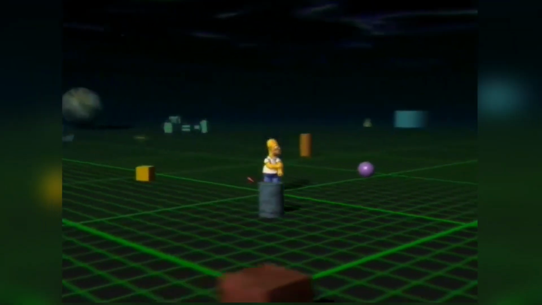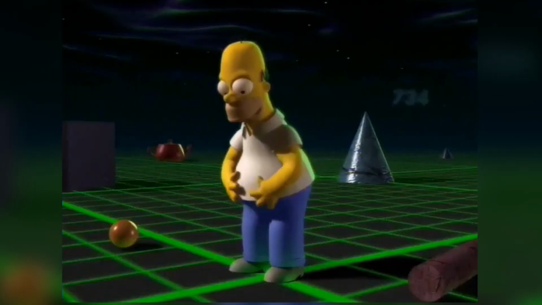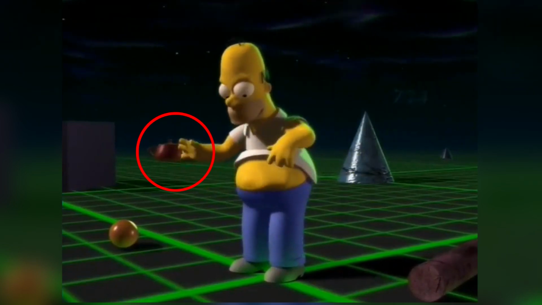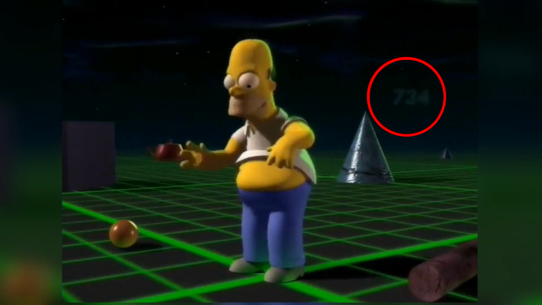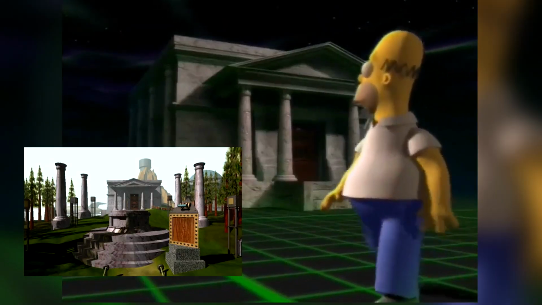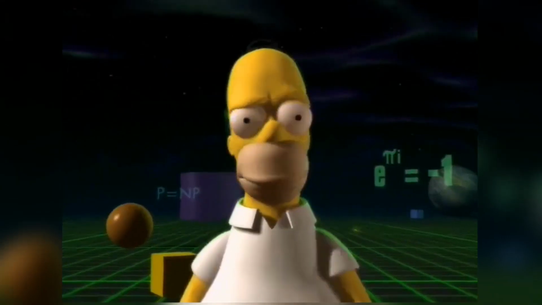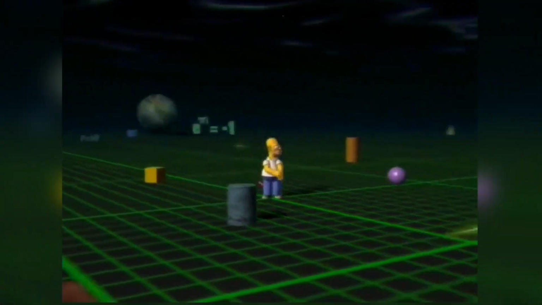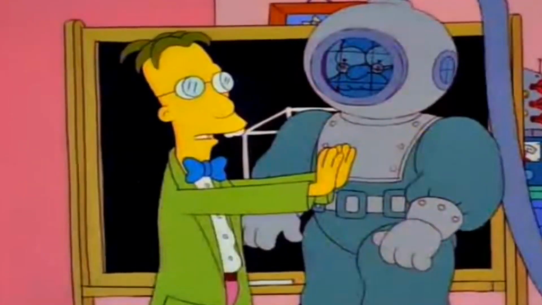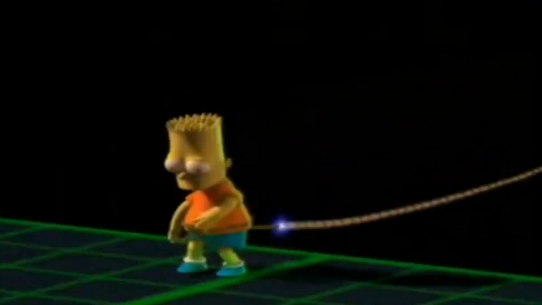You can tell PDI went in for fun just by the number of Easter eggs they put into it. Within the Tron-like atmosphere, PDI added a Utah teapot, which was the first object to be rendered in 3D. The number 734, which on a phone pad writes PDI. They also added references like the Temple of the Mist game. Also, every set of numbers and letters has a hidden meaning. On set, using ASCII codes decodes as Frink rules. In addition, PDI had to do a water simulation and not only create a 3D Homer, but a 3D Bart too.